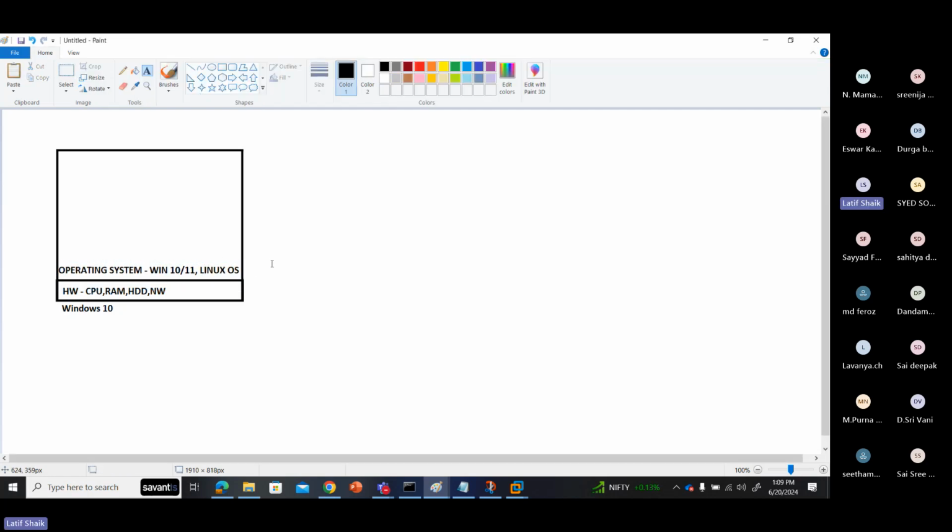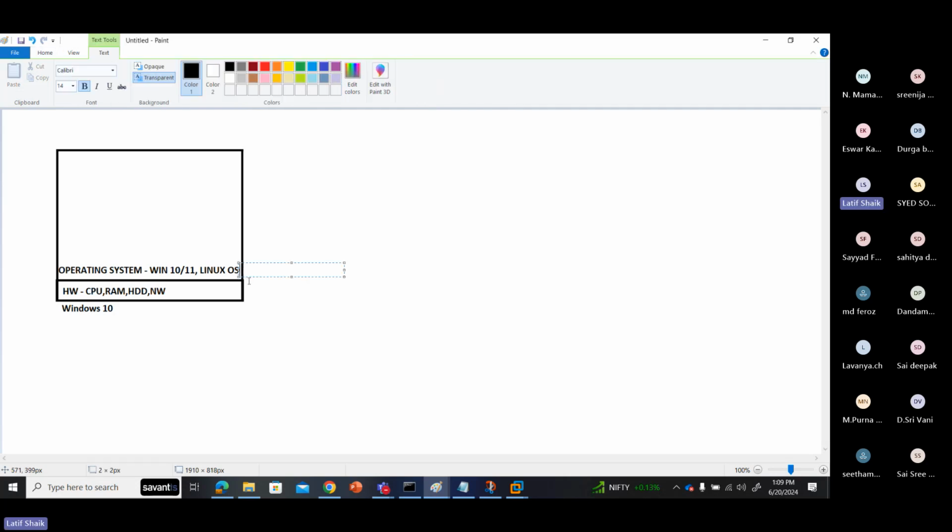Operating systems like Windows 10, Windows 11, Linux, Mac. You can write Mac also here. It can be any OS. But what I want is something that is